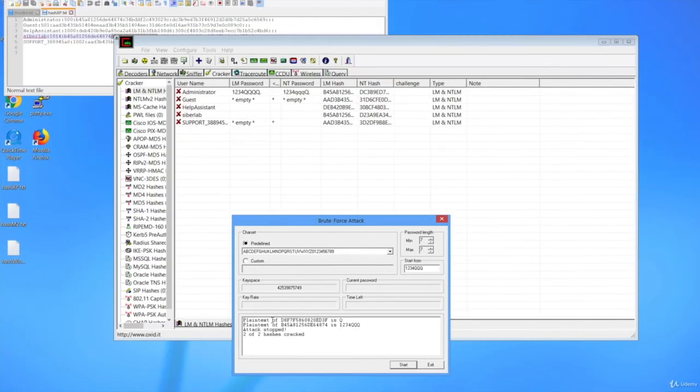All right, and we're back. It took more than an hour, and here's the result. We're lucky because no alphanumeric character is in the password, and we succeeded to crack it. The first part is 1234 QQQ,